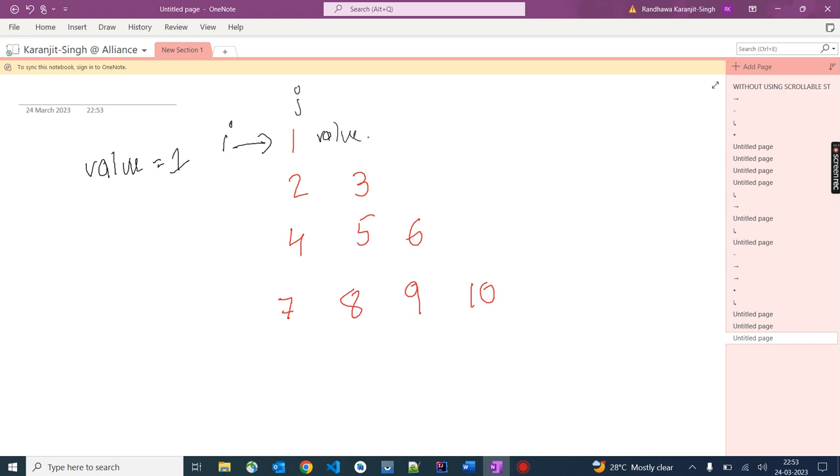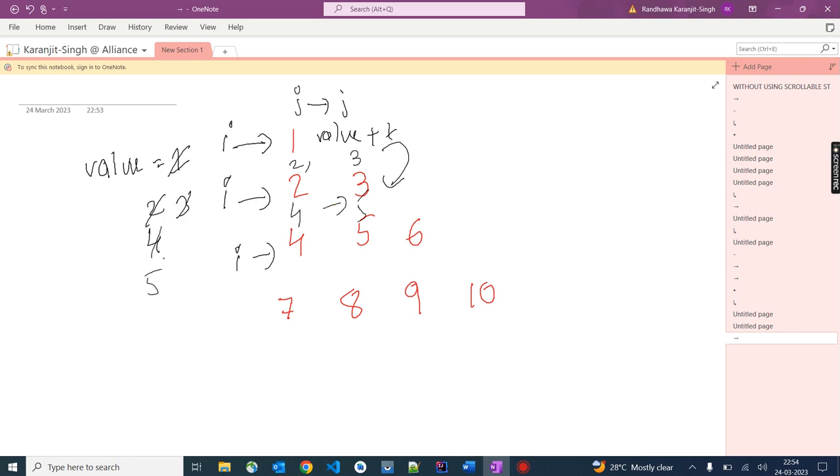the value. Now the value will be incremented. Now value is 2. Again it will iterate in the second line. Now our i will be here and j will be here. For this value 2 will be printed, again j will be incremented, again 3 will be printed, again value will be incremented, and it will be 4. Again i will be coming here and it will print the 4 value, and j will be coming here, again it will print 5, again value will also be 5, again value will also be 6,